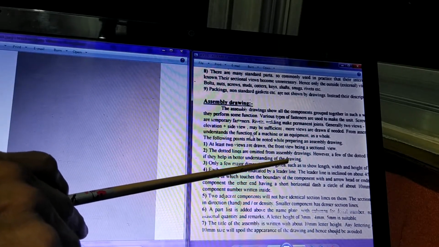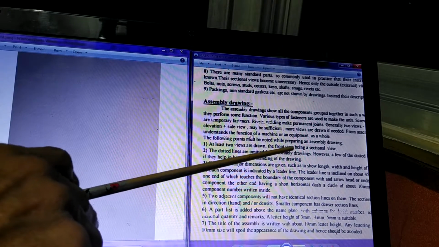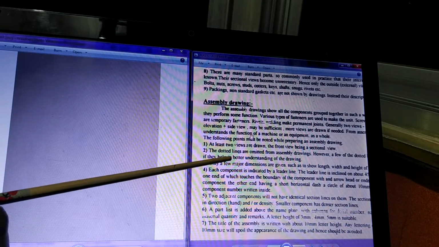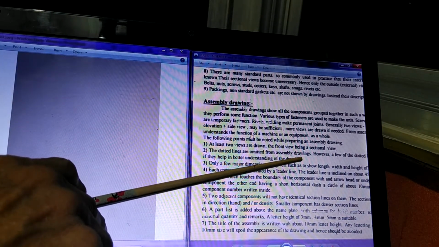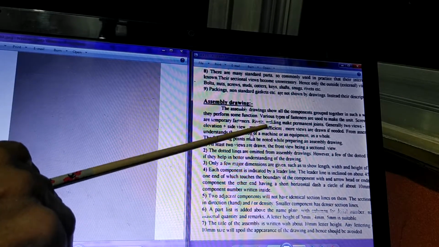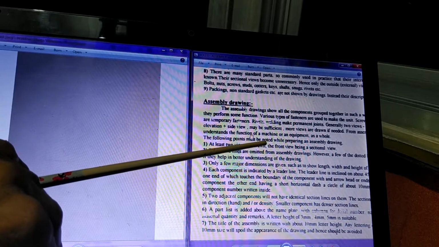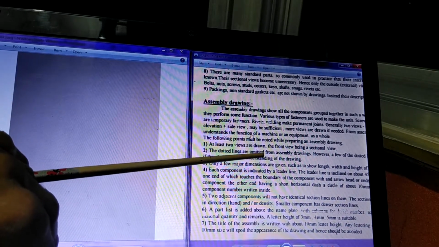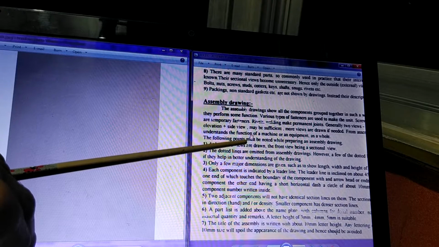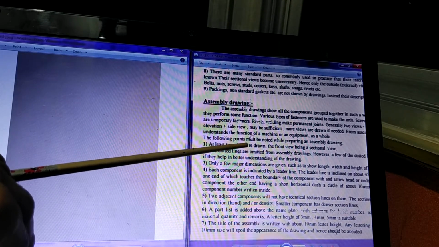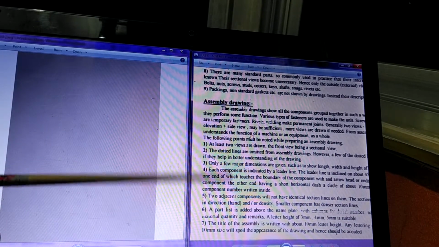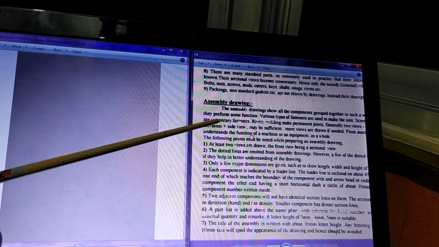Depending on the requirement, you can draw some parts of the assembly in section. Then the second rule says that the dotted lines are omitted in the assembly drawing. Remember, the objective of the assembly drawing is to understand the relative position of the parts. Which part is fitted where, that is to be understood in the assembly drawing. Therefore, all the minute dotted lines need not be drawn, because if they are drawn, it will spoil the appearance of the drawing and make it difficult for the reader to read. Therefore, dotted lines are normally not drawn unless very few are essential.